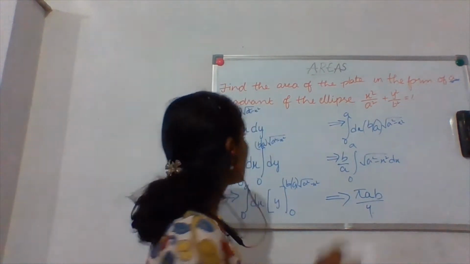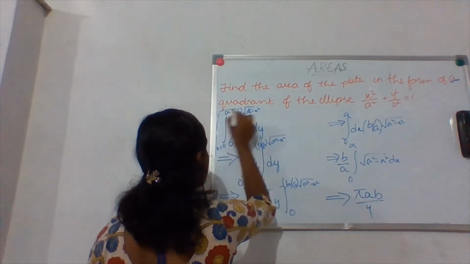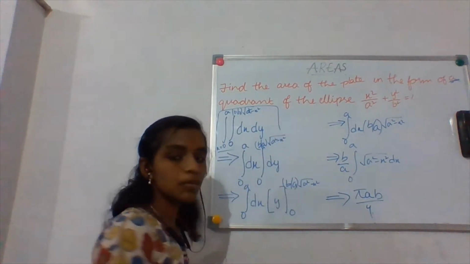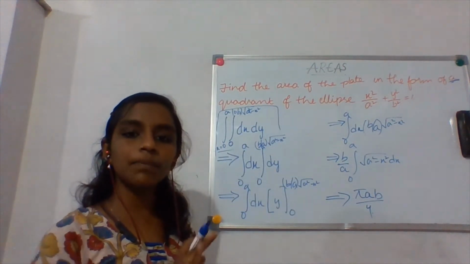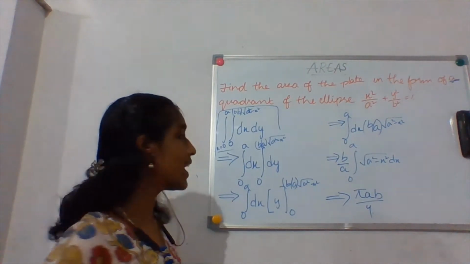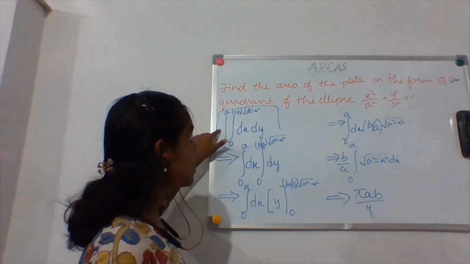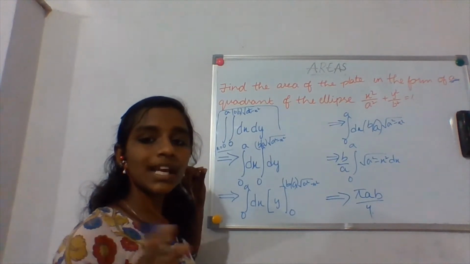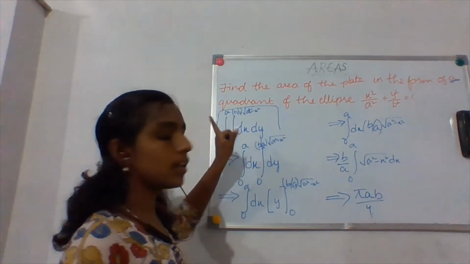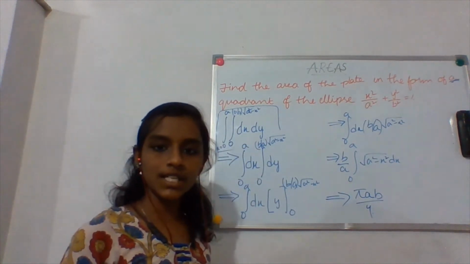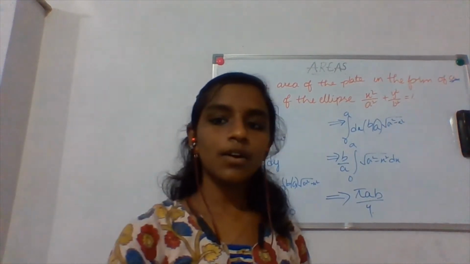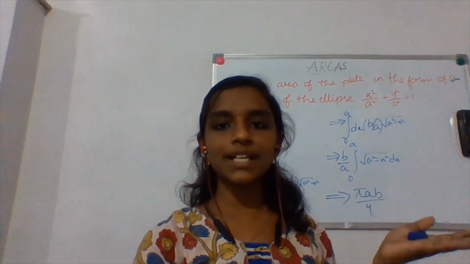You only have to remember this one formula, and all the remaining process is the same as what you have done before. Nothing is different from that. This is the formula that you must remember: the area on any plane surface is the double integral of dx dy. Clear? So now let's move to the next step, that is polar coordinates.